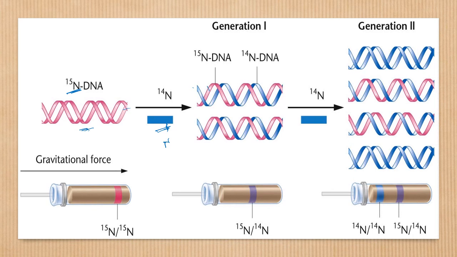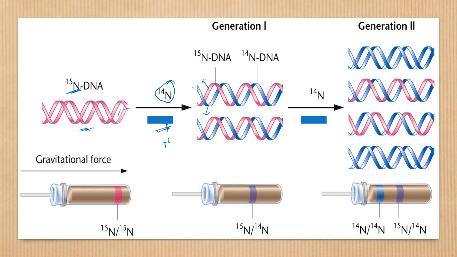So the old strand is this heavy DNA, and the newly formed strand is this blue color one. Why is it blue? Because it is cultured in a medium that contains only N14 nitrogen. That's why it uses that nitrogen to synthesize the new DNA. So we said that if it is semi-conservative, generation after generation the heavy DNA, that means DNA with N15, decreases. In these three diagrams we are observing this.